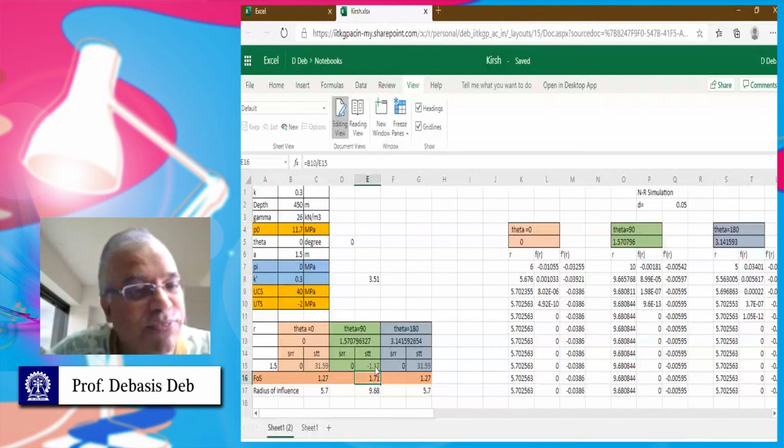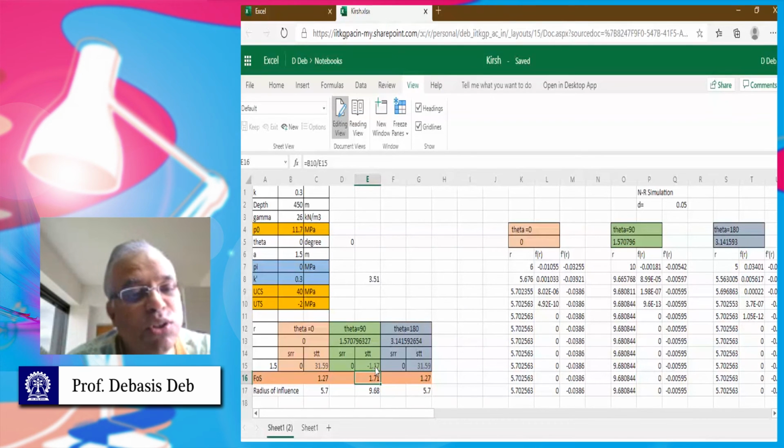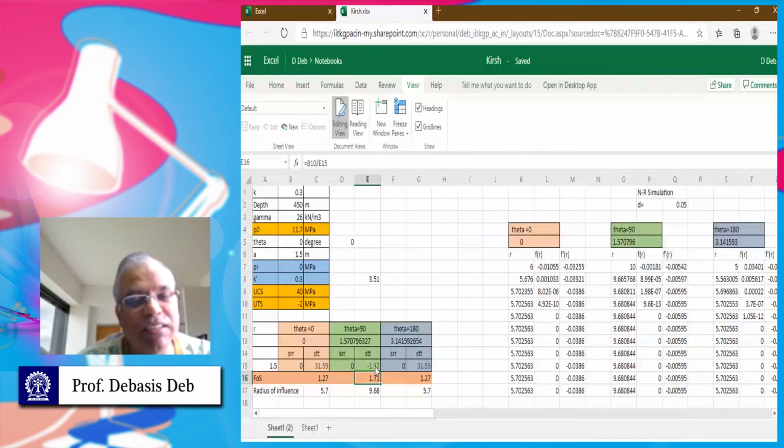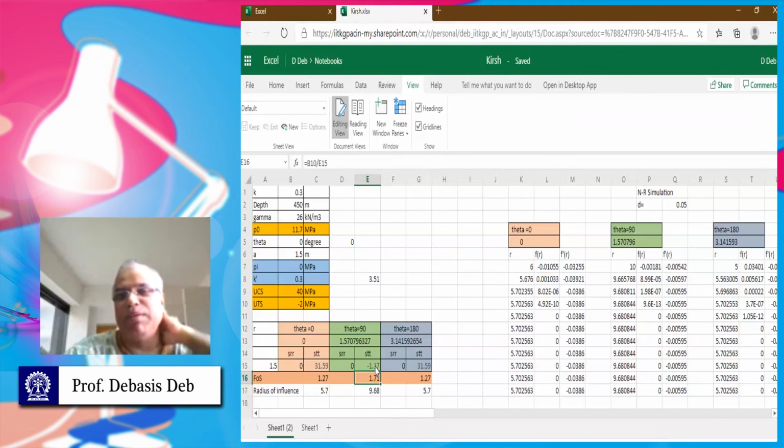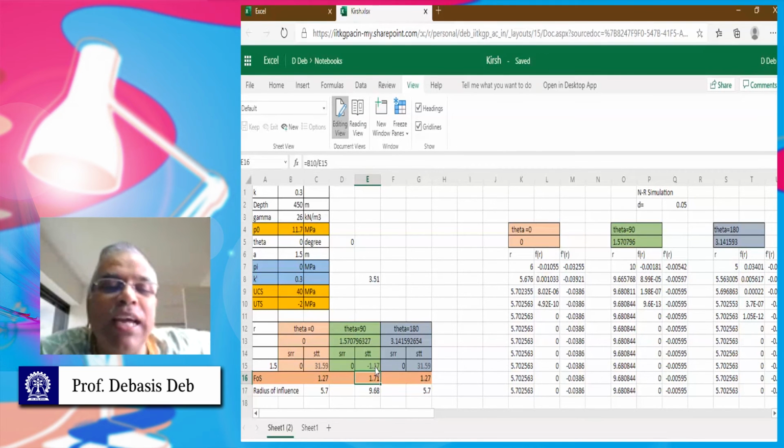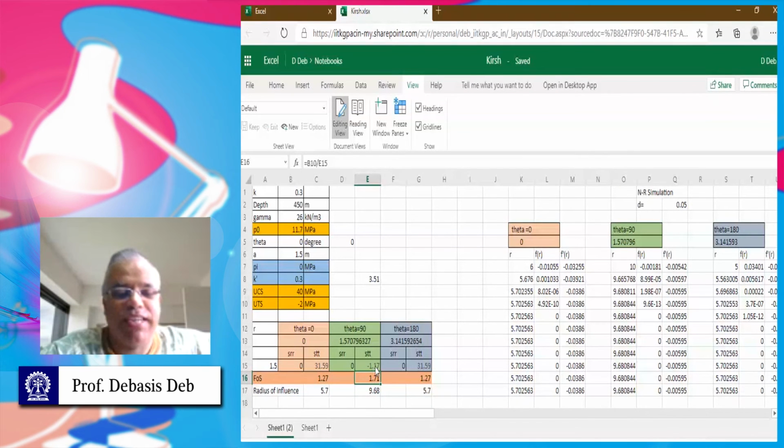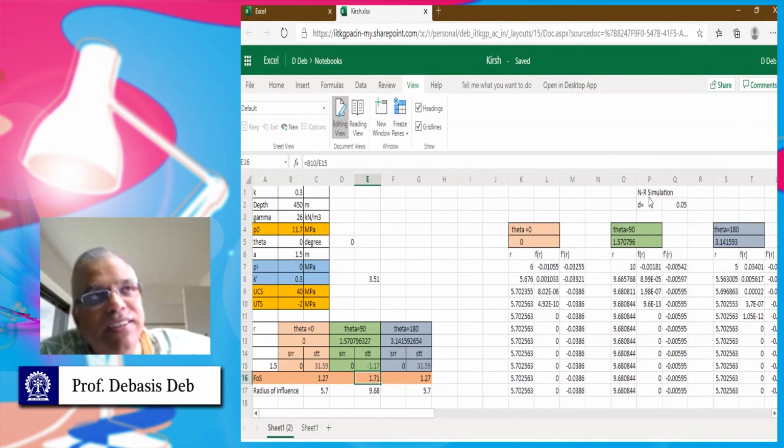Okay. So this is the first problem that was asked of you, and this is just application of the equation, and this is done, and calculation of safety factor or factor of safety. Now for problem number 2, we have to calculate the influence zone. To calculate the influence zone, I think I gave you the equation. If you remember, there was a function which needs to be solved to get the value of R.